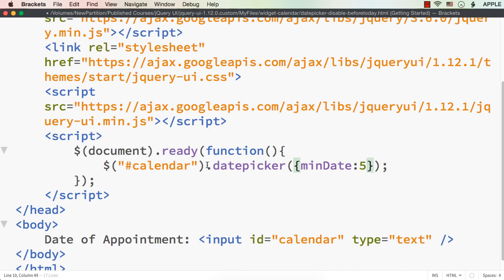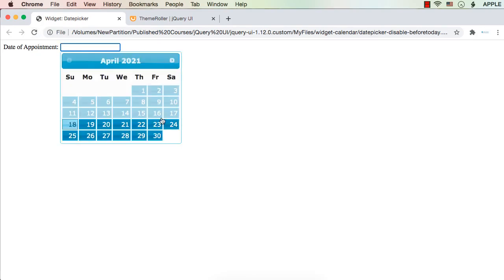From today, after 5 days will be the starting minimum date. Let me show you. Let me refresh. Click here. See, 13 plus 5 is 18 because today is 13th April, which means 18 is the minimum selectable date. All these dates before 18th are non-selectable or disabled.